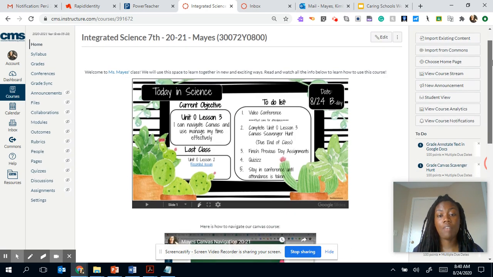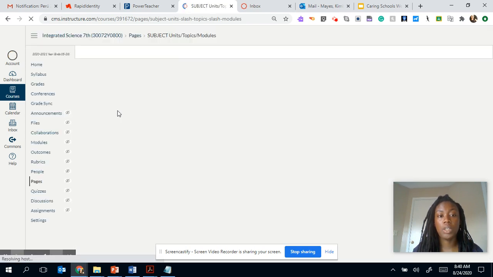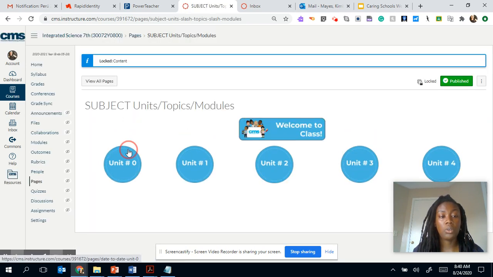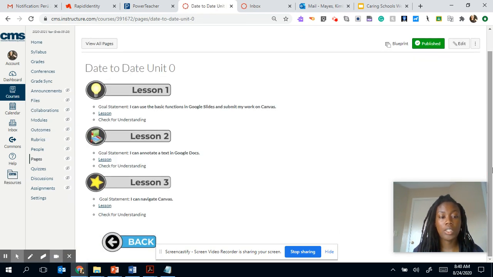So with your Canvas scavenger hunt, you can find that at Unit 0. So I do enter here. I go to Unit 0, and I can tell that Lesson 3 is I can navigate Canvas. So the purpose of this scavenger hunt is to show you, or for you to prove, can you navigate Canvas. So when I go to my lesson,